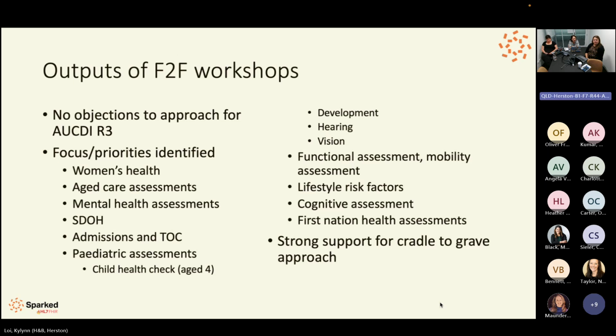I did also want to retouch on the face-to-face workshops, because now that we're looking at the last meeting, I gave a quick update around what were the outputs of the last face-to-face workshop, where we were looking at the AUCDI R3 scope. And during that workshop, we asked the group, what are the focus or priority areas that we should focus on next? What do we need to include within AUCDI R3 as a next step,